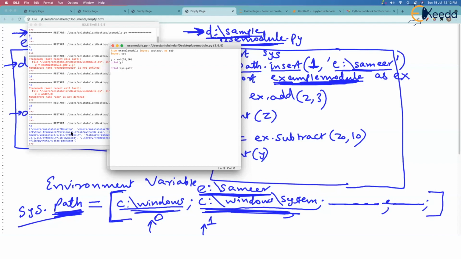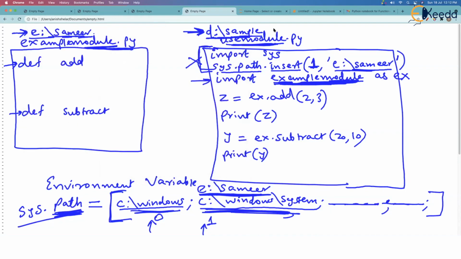Okay. But I am not creating the files in different folders. This is given as homework to you. You try creating these two modules in different folders. Try to run this without typing these two lines first. You will get an error, and then type these two lines. You will see that example module was successfully imported. I hope you will do this. You can take a snapshot of this on your cell phone, so that you get some help from these two lines, or else maybe you will miss what those two lines were.